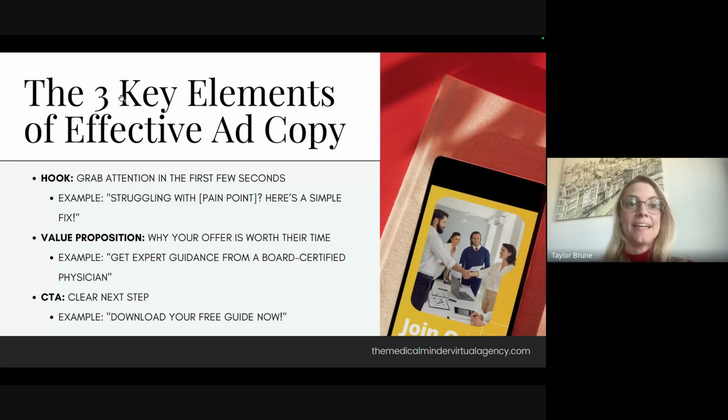So the 3 key elements of effective ad copy, like I mentioned, is the hook. I mean, this is very basic. So: struggling with X, pain point, here's a simple fix. Target their emotion and then make it personalized. Like if you're speaking with weight loss, obesity, and you're trying to promote a weight loss program,